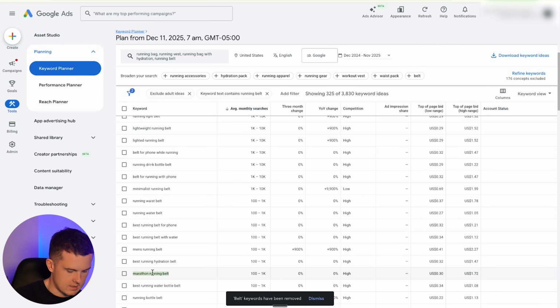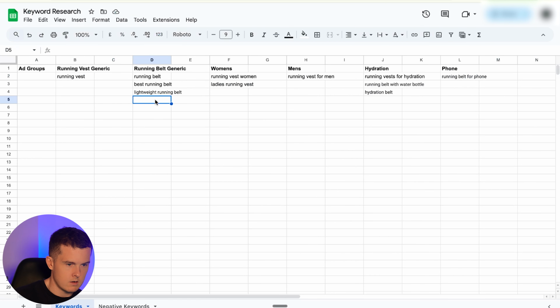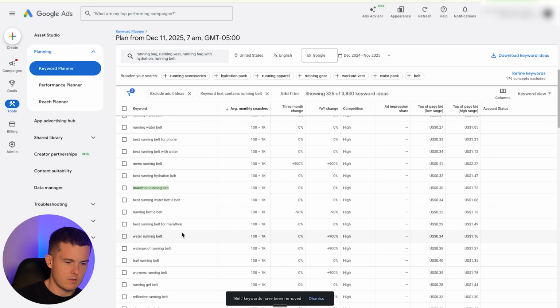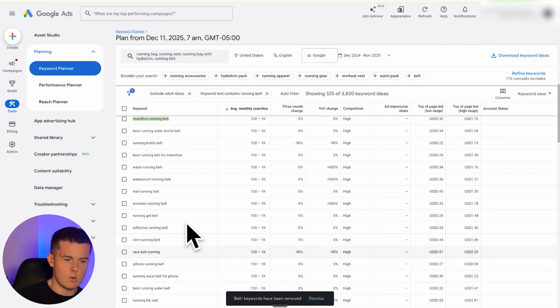Marathon running belt, I think that could be reasonable to include there as well. And you can see what we're looking to do here. We're looking to add enough terms. Generally, I try to add between kind of 4 and 10 keywords. I don't like to go too much above that, because if you try to pick maybe 10 different keywords here